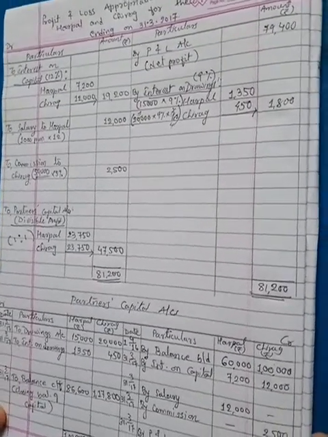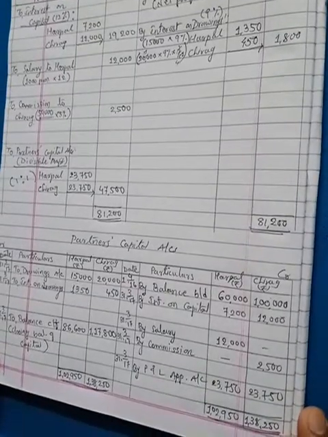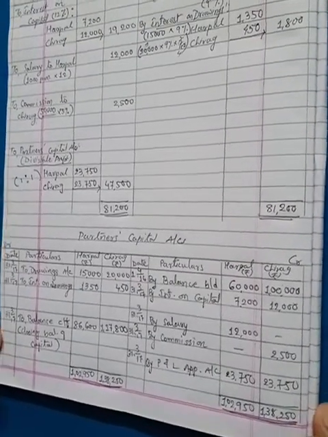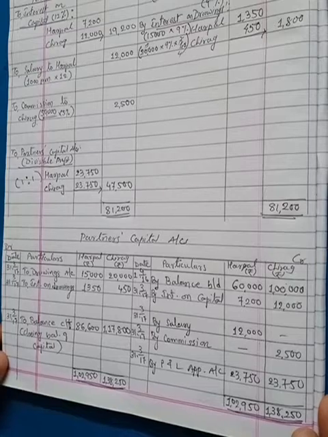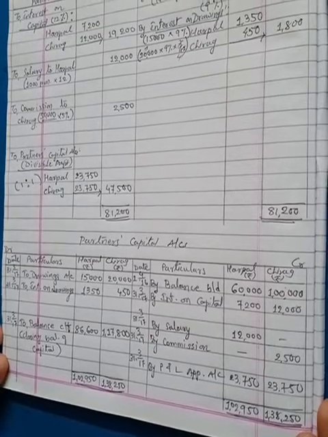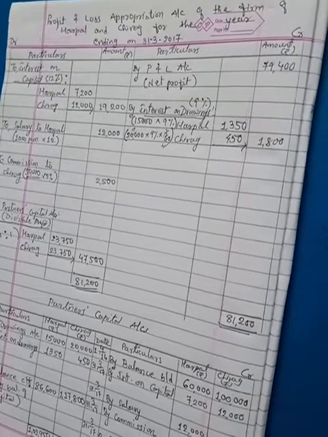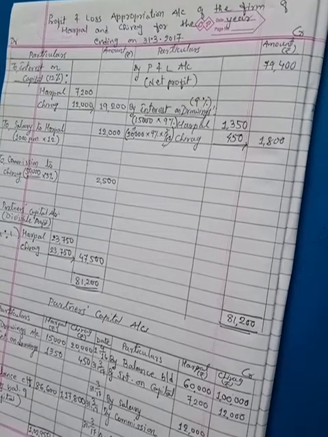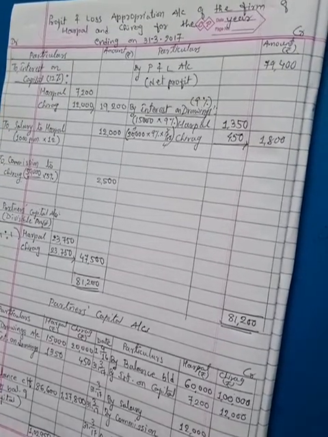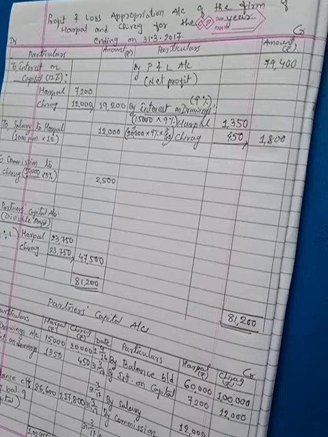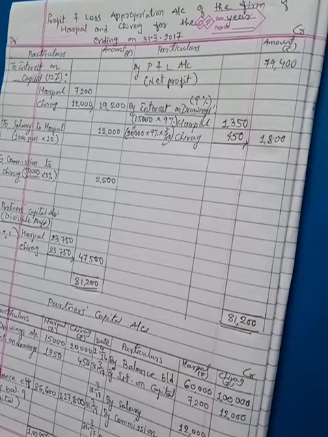So this is how the appropriation account and capital accounts can be prepared regarding the partners. You can now see all the points are covered and all the points are recorded. In this way we are going to prepare the appropriation account and capital account in the whole lesson. Even in other chapters, maybe appropriation will not be there. In the second chapter we have the appropriation account available, in the final account. Afterwards the appropriation account will not be there, but afterwards the capital account will be there.